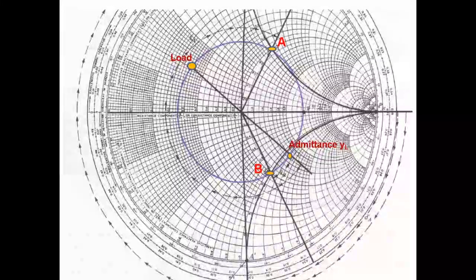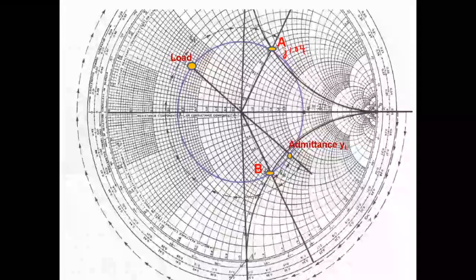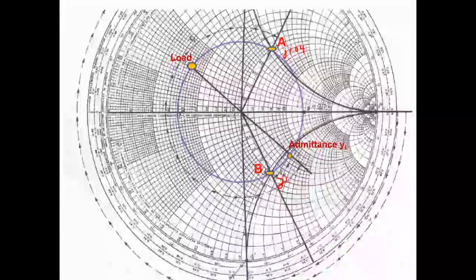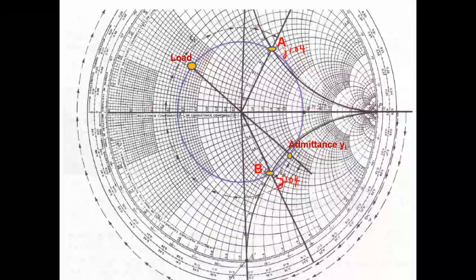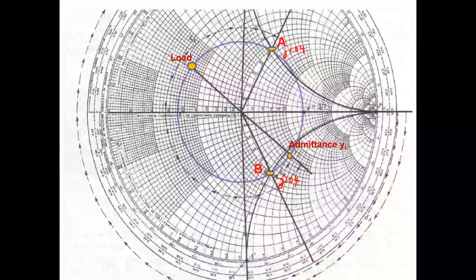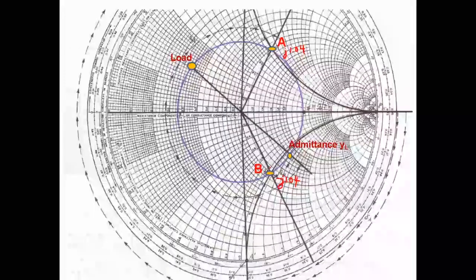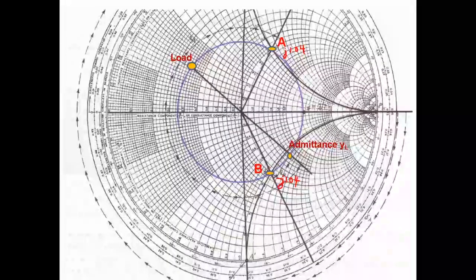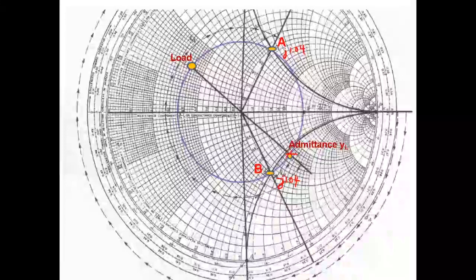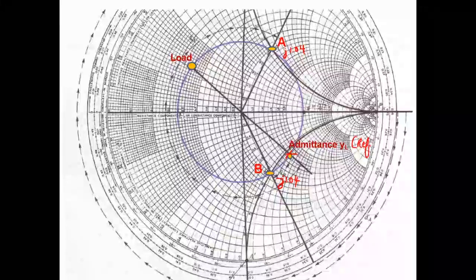Again back to the main graph. I hope you know all these points. So what are the main points A and B? These are the possible locations for the stub. These values we got as j 1.04 and minus j 1.04, and the resistance value was 1, normalized to Z0. That's why we selected these 2 points as the possible locations for the stub. This was the admittance point. This is taken as the reference point.